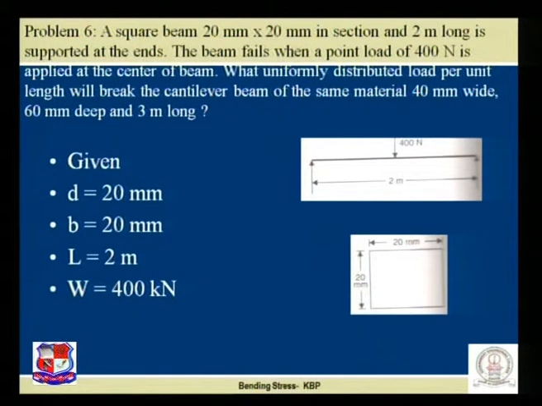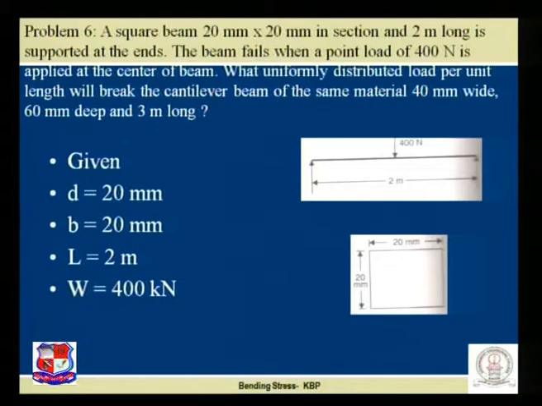Now, up till now in the previous class we have solved the numericals, where our intention is to find out the bending stress, or alternatively to find out the load by using the bending equation. So let us revise one simple problem that we have solved in the previous session, that is a square beam